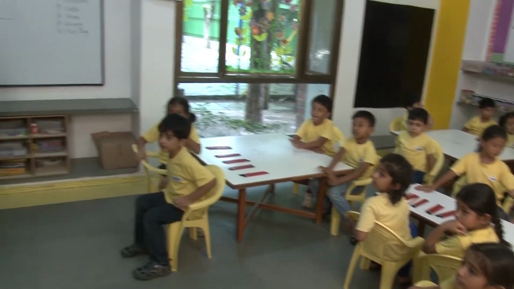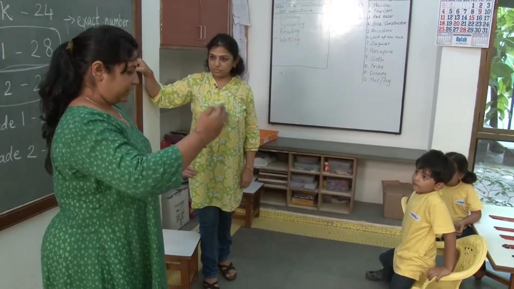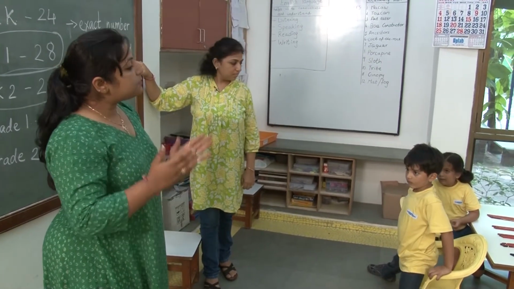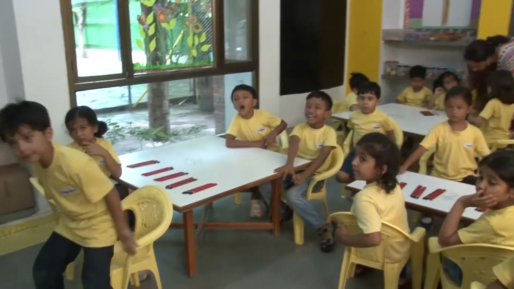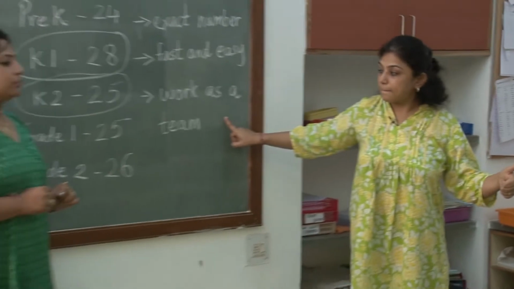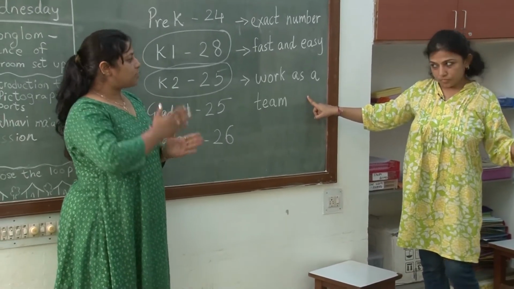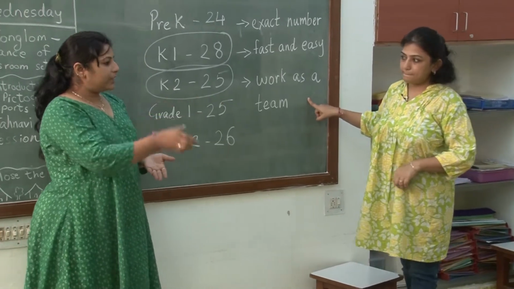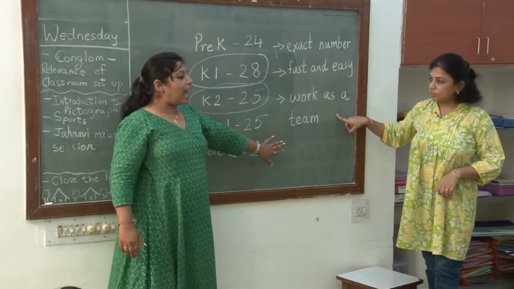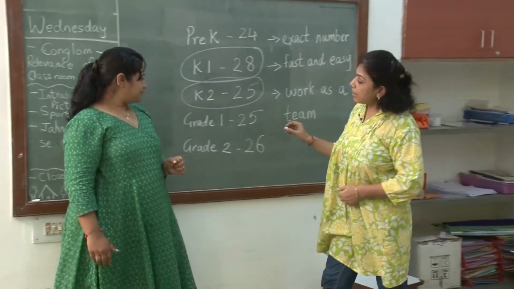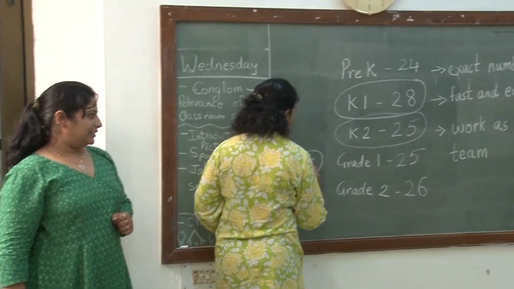Absolutely. I felt it is very easy because making a group of 5, a set of 5, and totaling up is much faster than counting 1, 2, 3, 4, 5. Very nice. Ma'am, one thing I also noticed is that they had clarity about how they went about sorting the material and making the groups. There was a clarity of thought in saying how we worked as a team. Very good. So right now I am giving a smiley for my grade 1 group.